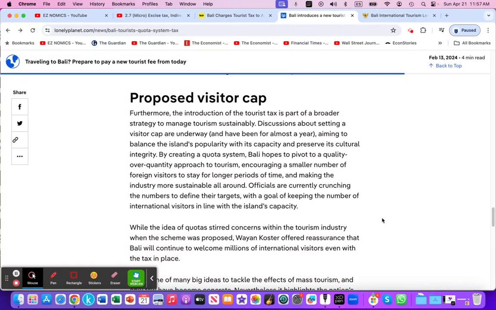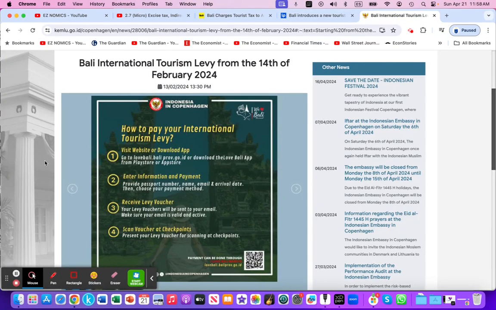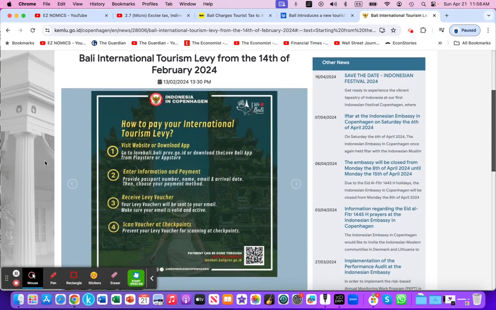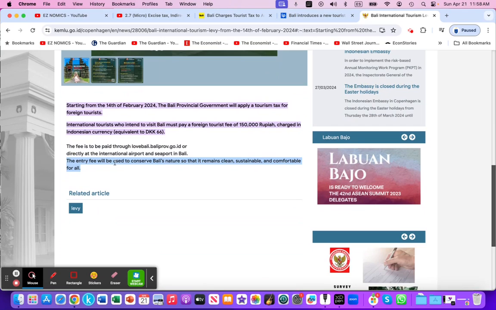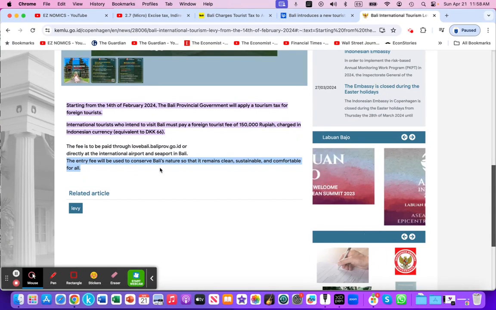There was also a proposal of, let's set a quota, a limit on the number of tourists that can come into the country. It seems to be in debate, hasn't taken effect. And here's another government website from Denmark explaining to people how to pay, and also highlights the tax revenue will be collected by the Bali government